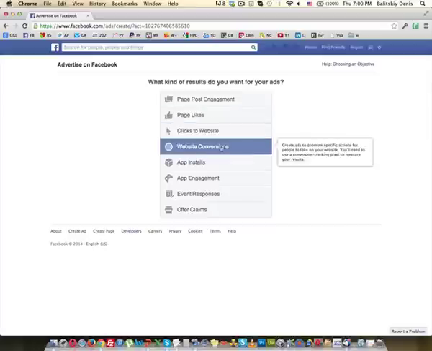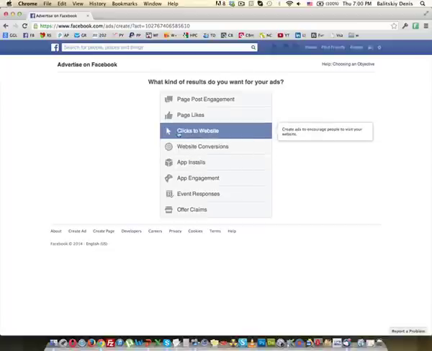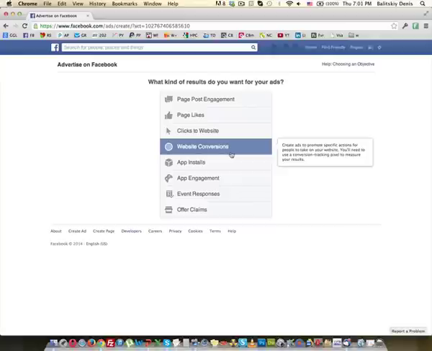Next is the most important and the most used option. Clicks to website, because you can drive traffic outside Facebook to any website you want, or to an affiliate link, or to just a website with a sales letter or whatever. Okay. Website conversions, if you are the owner of the website, and actually you can create a tracking link. Okay, it's a tracking code. You insert that into your website, to the thank you page, or if you have a good relationship with the owner of the website, then just use this always.